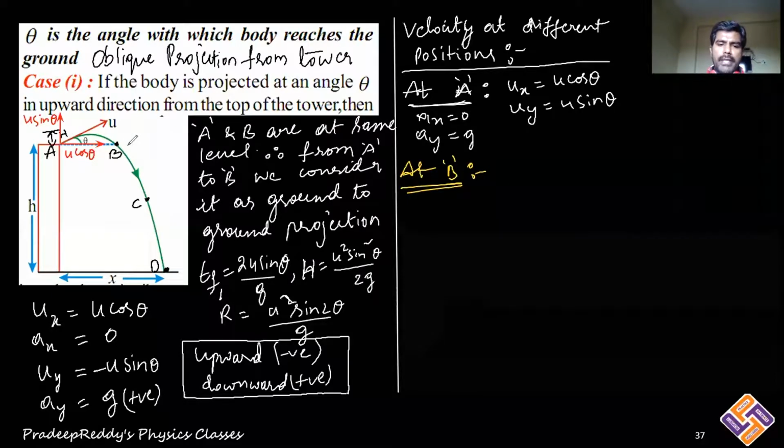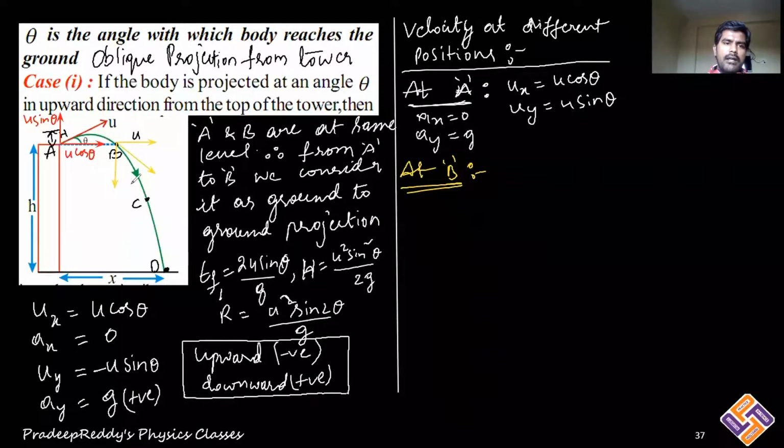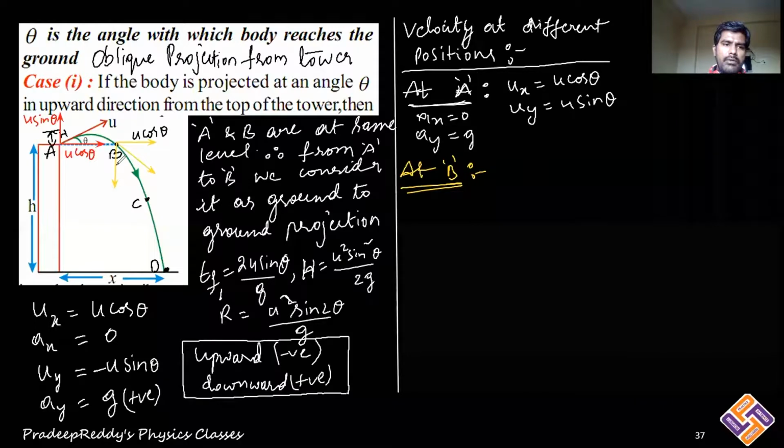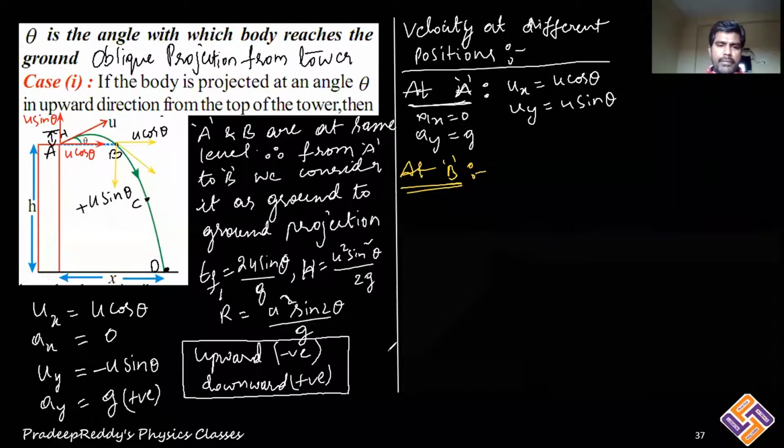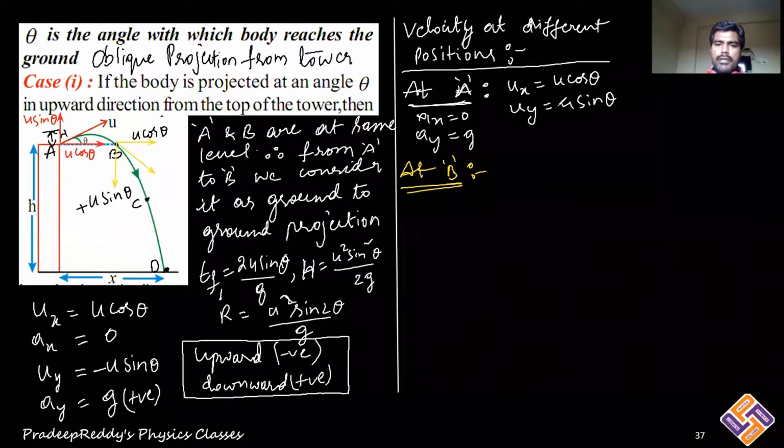Check it up. At point B, you can take its velocity in this direction, and that can be resolved into components. One component horizontal, one component vertical, which is represented with yellow color. And as we already know, along x-axis it remains same. Here it is u cos theta, but along y-axis when it is coming down it is u sin theta, but it is in which direction? Downward, therefore it is plus. And clearly in this part you need to take one minus sign.